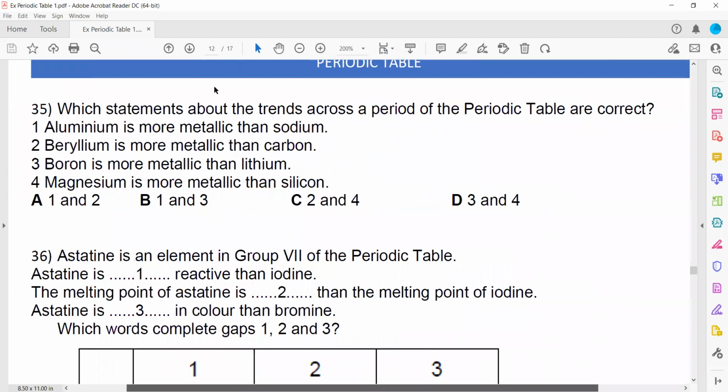Question 35, which statement about the trend across the period is correct? So when we move across the period, what happens? The metallic character across the period decreases, and down the group it increases. So when we move from the left hand side of a periodic table to the right hand side, means across the period,